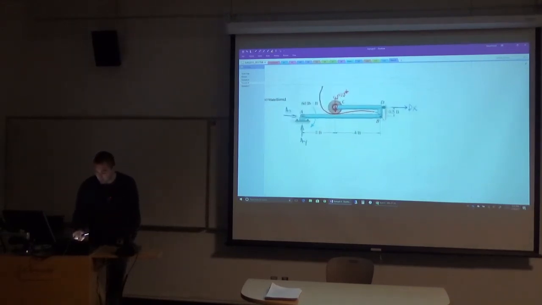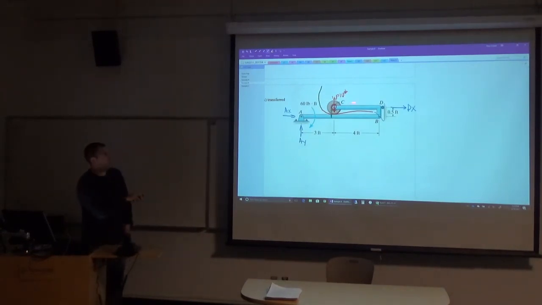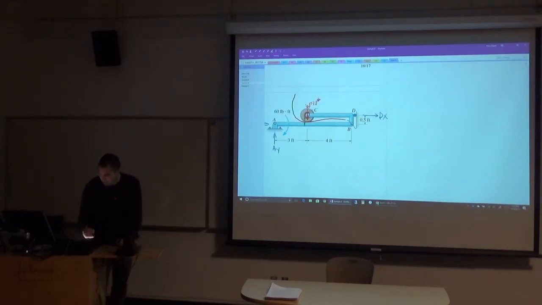Well, how about just a regular roller like this roller right here? I mean, this is a roller rolling on a flat surface. How many unknowns did I get? 1, right? Just the horizontal, just the perpendicular to the surface that it's rolling on. So the force in between this interface is going to be just a force going up or down. And so now, if I want to, I can keep either side of the section cut that I want now. Either one will only have 3 unknowns on it because I've already solved for all of the reactions. So I can choose either